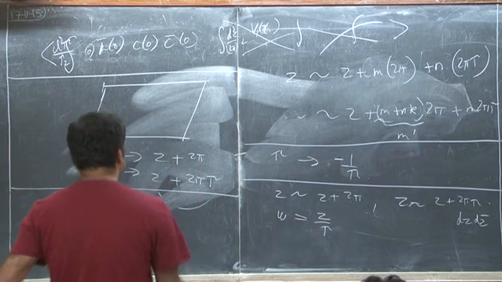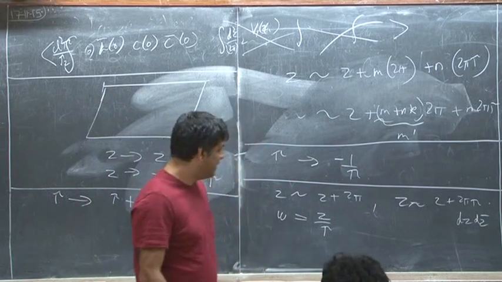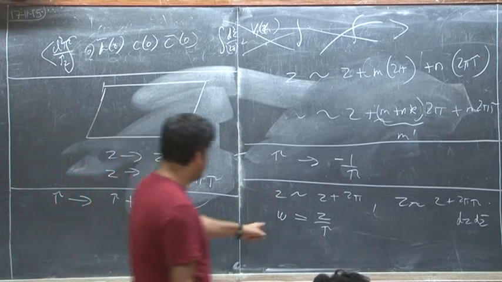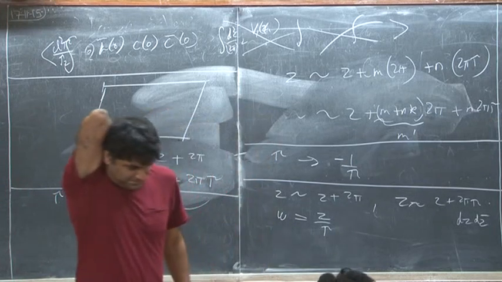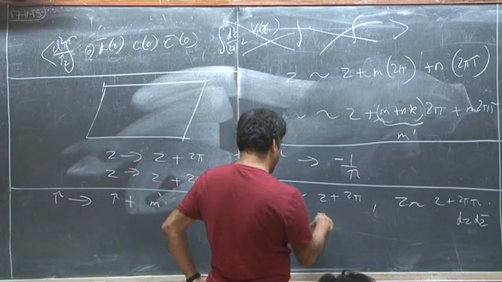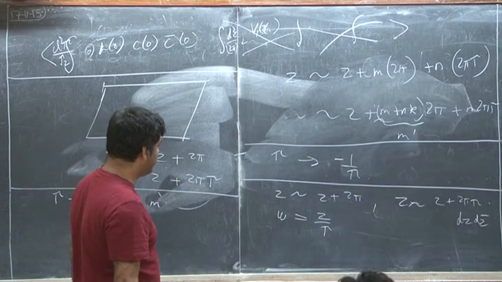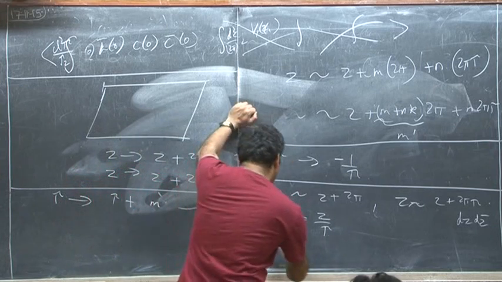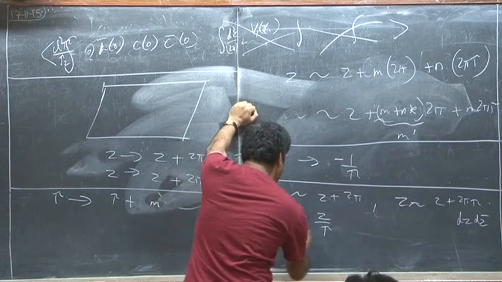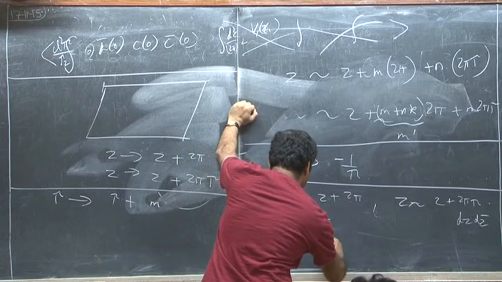Okay? So let's look at what these identifications become. What do I mean by flipping? This will become precise. Hang on. So suppose we define a new coordinate W, defined as Z divided by tau. Okay? So what are the identifications in W? Since Z goes to Z plus 2 pi tau, this tells you that W is the same thing as W plus 2 pi